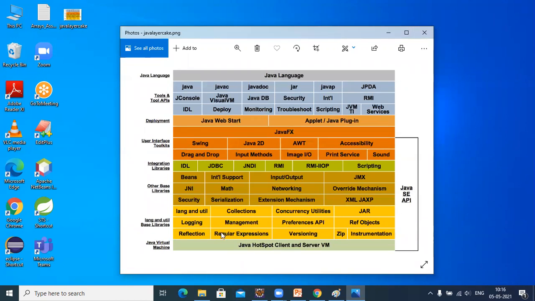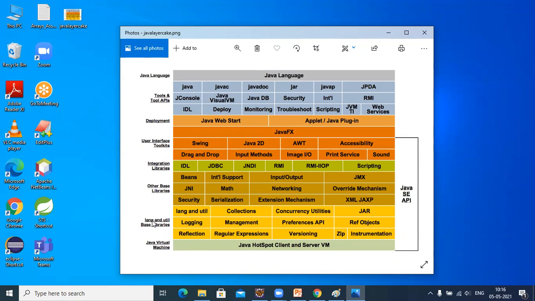Java Standard Edition, you can see these are all the different modules which are available in the Java API or in the Java SDK. Okay, from the language point of view, this is the Java language, and you have the Java virtual machine at the bottom. All these modules will be communicating with the Java virtual machine.